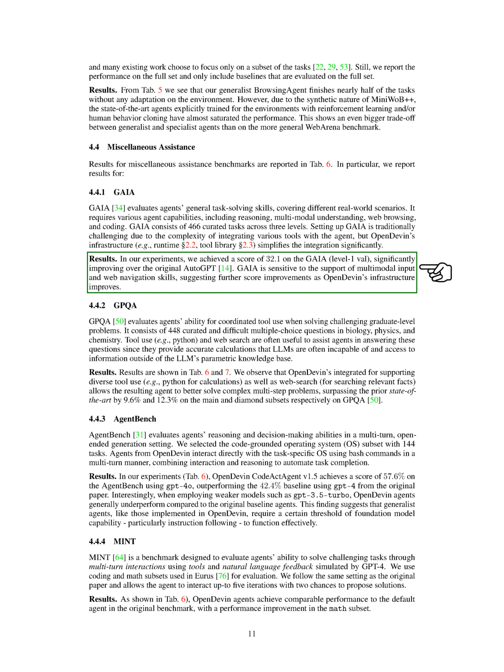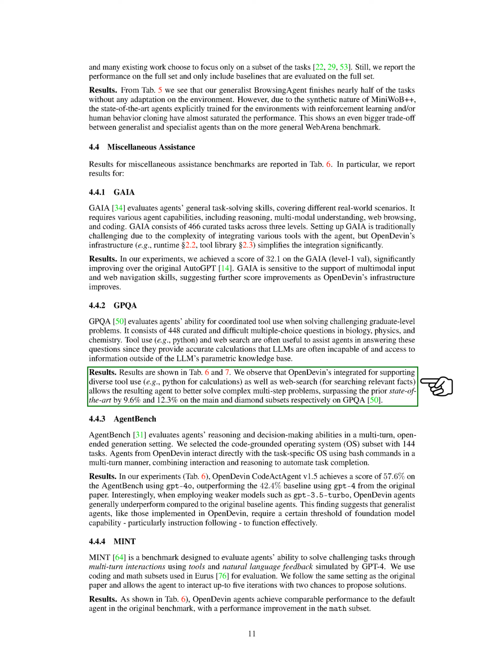We also evaluate agents using GPQA, which tests their ability to use tools effectively when solving challenging graduate-level problems. This benchmark includes 448 difficult multiple-choice questions in subjects like biology, physics, and chemistry. Using tools, such as Python for calculations and web searches for relevant information, helps agents answer these questions more accurately than LLMs alone. Our results indicate that OpenDevin's integration of diverse tool use and web search capabilities allows our agent to solve complex multi-step problems more effectively, surpassing the previous state-of-the-art by 9.6% and 12.3% on the main and diamond